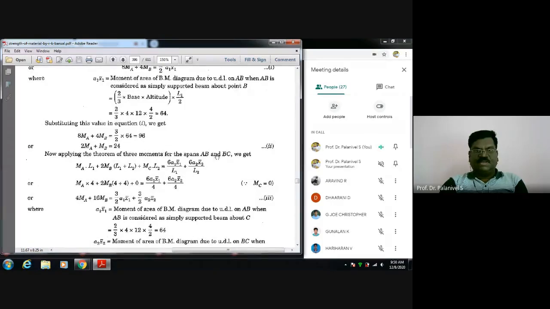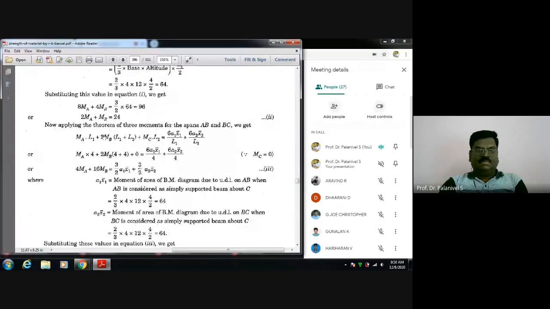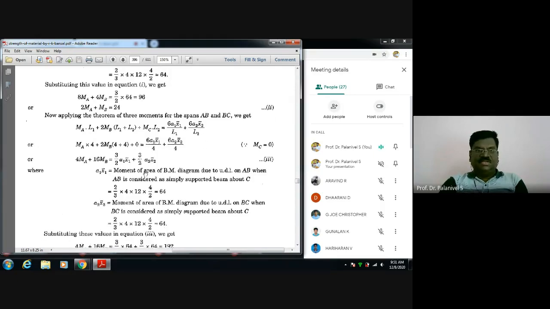Take span AB and BC. Now you apply the theorem of three moments. You know how to apply it. If you apply it, you get this. But MC, the last span moment, is 0. We know it is a simply supported end, the last end, so the moment value there is 0. We substitute that here, and after simplification, you know how to determine